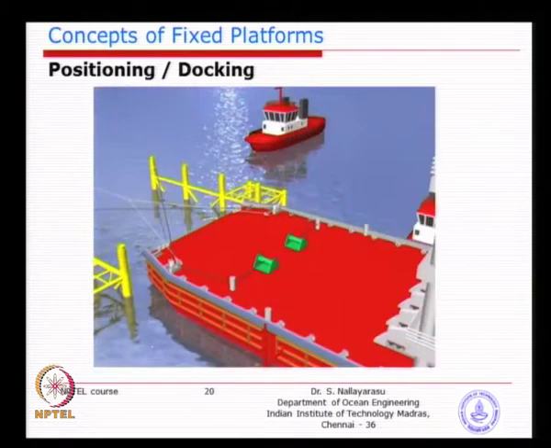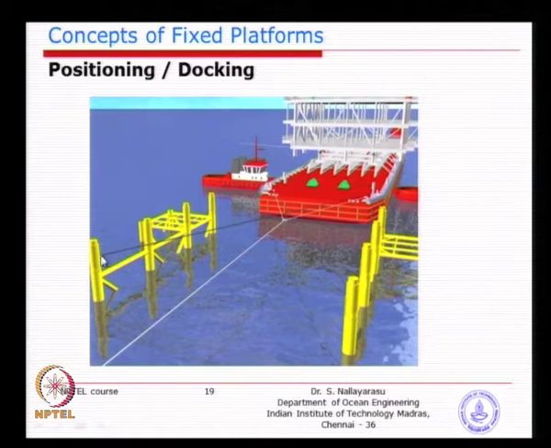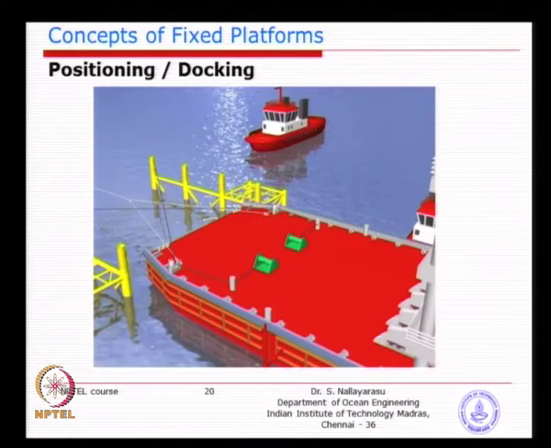You can see here the black colored wire is attached to the jacket, so that you will have crisscross wires. One wire is going from here to here and another wire is going from here to this leg. So, when this is being pulled, the control is there, while these wires are connected to the winch. The winch will slowly rewind, so that the movement of the mother vessel is slow and steady, and also goes inside the slot directly. Something like this. You see here the winch taking the wire in the opposite direction. So, when the whole thing is moving in, it is fully controlled.